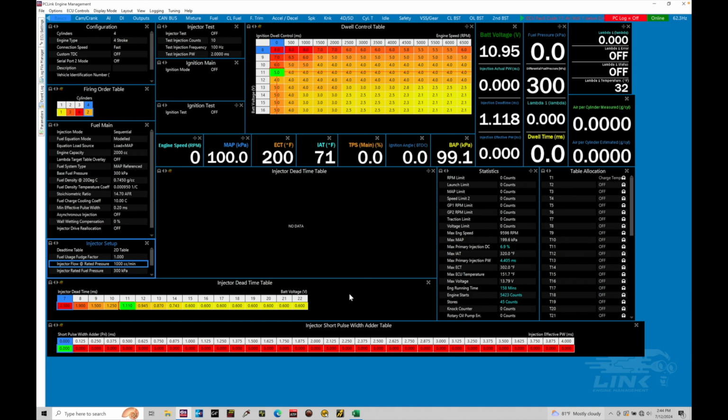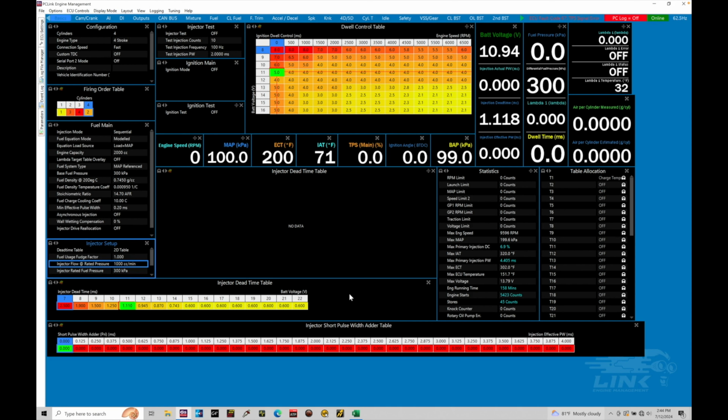table. We want to make sure that the breakpoint scaling makes sense for our engine and application, meaning if the engine's spinning out to something like 9,000 RPM, we want to make sure that we have our engine speed scaled correctly so it represents that engine speed in the table. We also want to make sure that we're accounting for whatever the induction type is going to be for our engine, whether it's naturally aspirated, supercharged, or turbocharged. We want to make sure we're scaling the load axes in the table so it's appropriate for